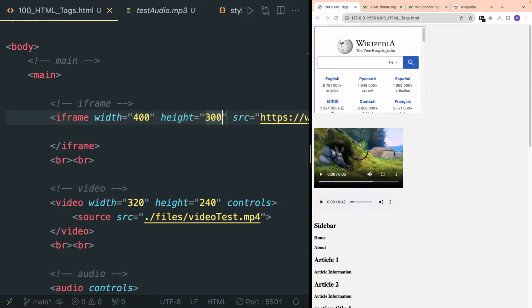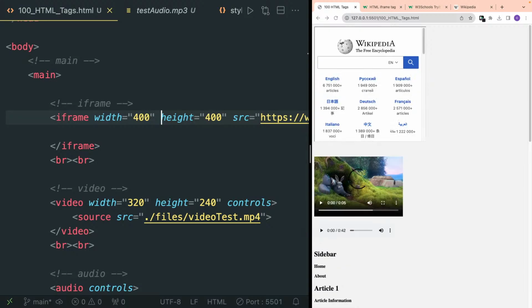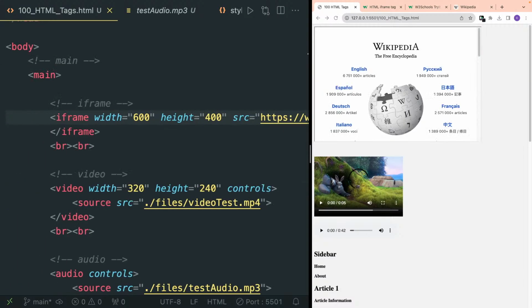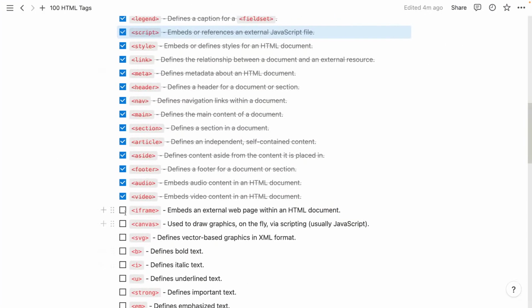300. Okay, so as you can see, the website that is rendered inside our iframe has now more width and more height. I can increase the height, let's see, to 400. Let me increase the width to 600. Right, so our Wikipedia page is rendered inside iframe. So that's very interesting HTML tag. Cool. So we have covered iframe also now. So next is